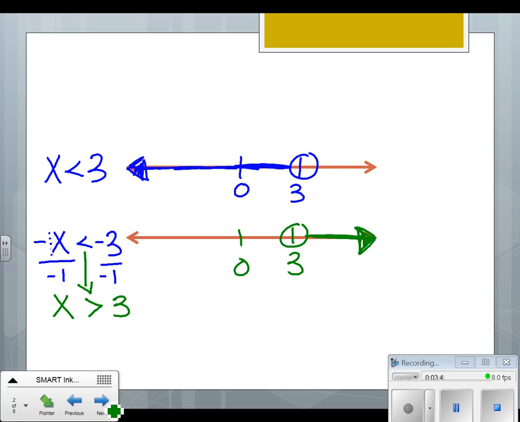So now if I pick something that is shaded, like 4 would be shaded. Our original inequality is the opposite of x is less than negative 3. So I'm going to replace the x with 4. Now it's true. If I replace that x with 10, that's true as well. So what I'm trying to show you here is whenever you have to divide both sides by a negative, you have to flip the sign. And the same